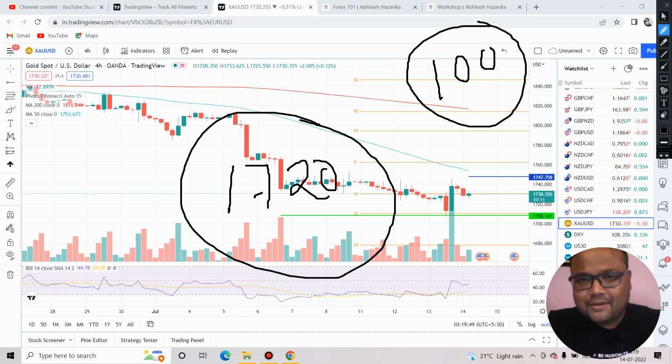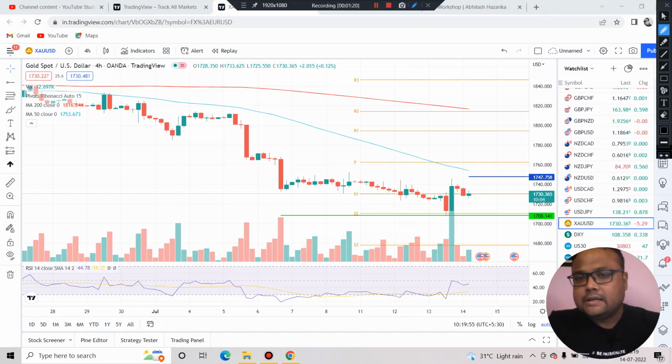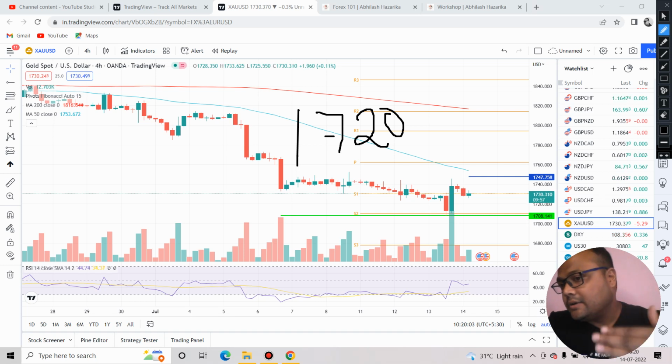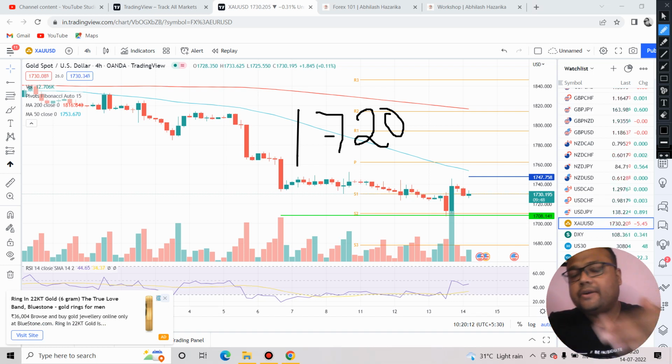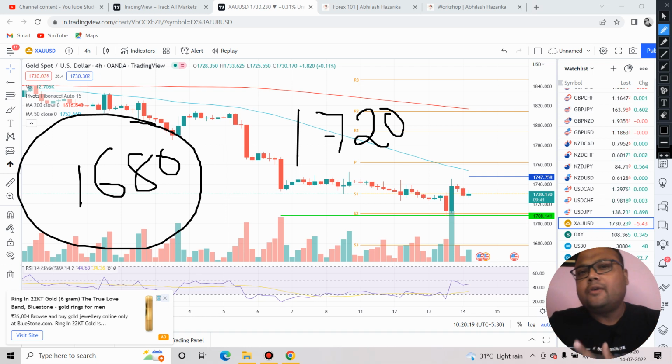Okay, anyways, let's try to understand the trading opportunities for the day. First of all, you must understand one thing very well, that though gold, listen to me carefully, though gold broke the level of 1720, it is still trading above 1720 again. So somehow it regained its position. I'm not saying that 1720 is a very strong support. The strongest support on the chart of gold is at 1680. Okay, but still somewhere down the line, gold is not ready to go down.